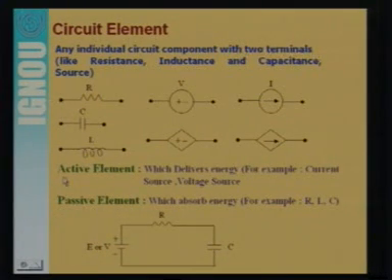Basically, we can divide the circuit elements in two parts, the active elements and passive elements. So what are these active elements? When we talk about the active elements, we can say which deliver the energy. This is a circuit or this is a network. This is a voltage source connected across this R and C. This is delivering energy to these elements R and C. This voltage source is an active element, and